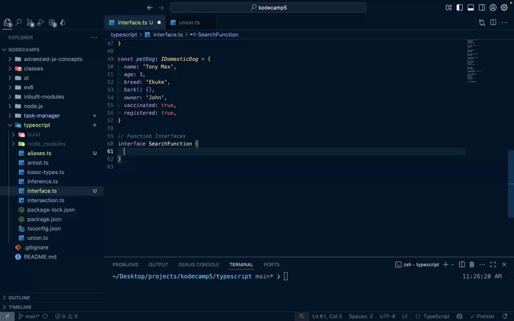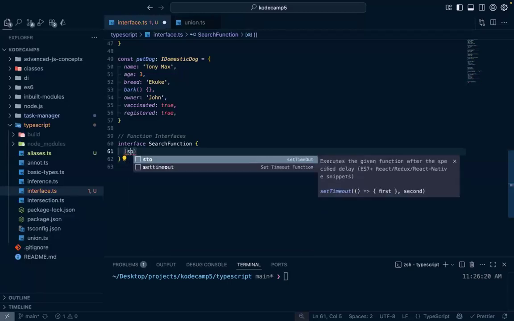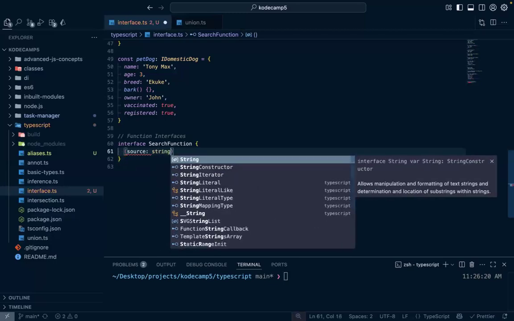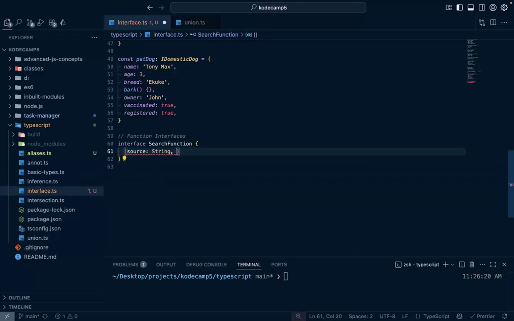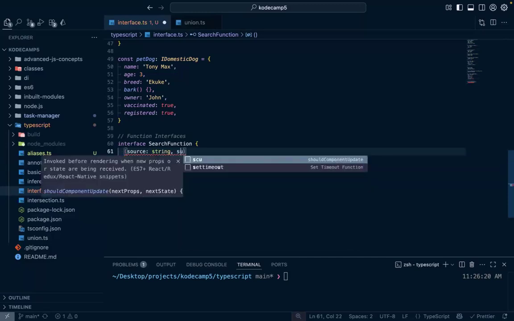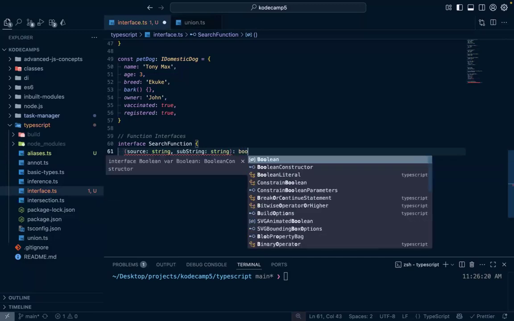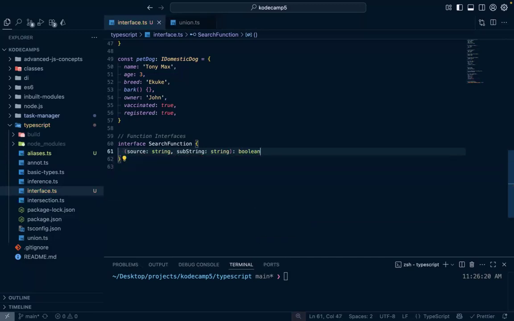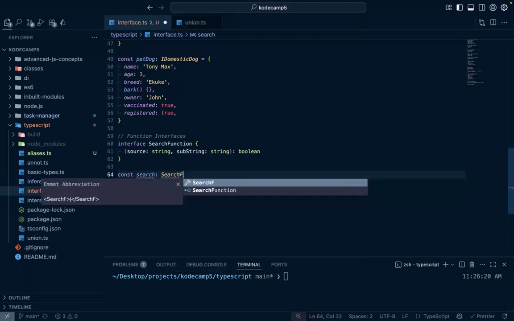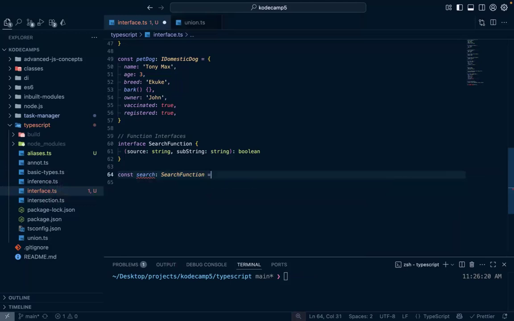So basically this search function takes parameters of source, which is of type string, and the second parameter substring, which is of type string as well. And what does it return? It returns a Boolean. Now we can come over here and implement our actual function. So we can say const search function is equal to,